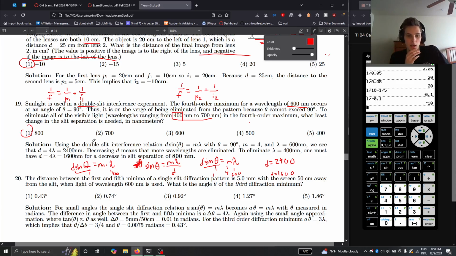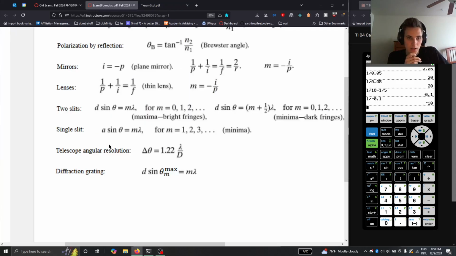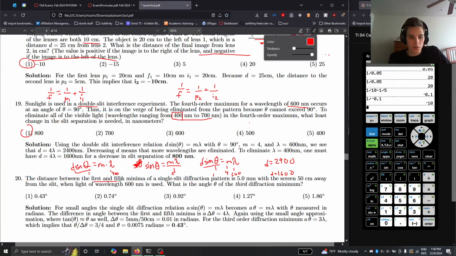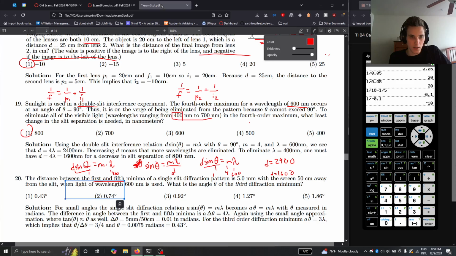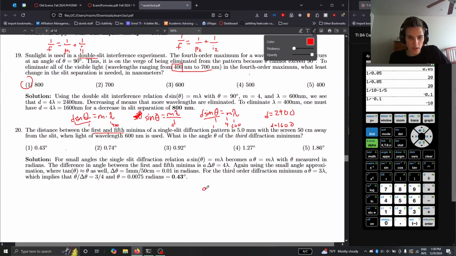And finally, we have a single slit diffraction pattern. We want the width of that single slit. The distance between the first and fifth minima, this only shows us minima, a sine theta equals m lambda, is 5 millimeters with the screen 50 centimeters away when a wavelength of 600 nanometers is used. Sorry, this should not be theta, this should be wavelength. So when we plug this stuff in,